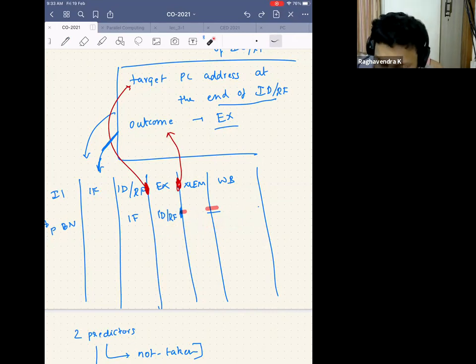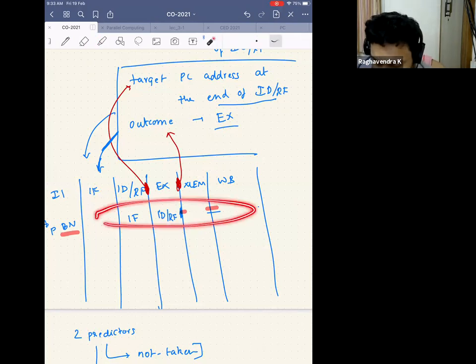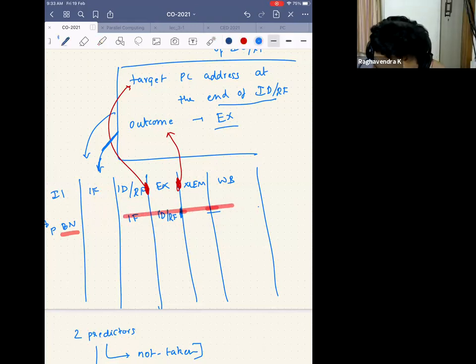If the outcome is that the branch is taken, then I predicted branch is not taken, which means what should I do? So I know that the outcome is wrong. I had predicted it as not taken, but the actual branch is actually taken. So what should I do for this particular instruction? Squash this one and squash this pipeline. So I just have to squash this and then reissue a fetch from here, because I know the outcome here. So I reissue a fetch and continue the execution. So this is how I handle a branch not taken.